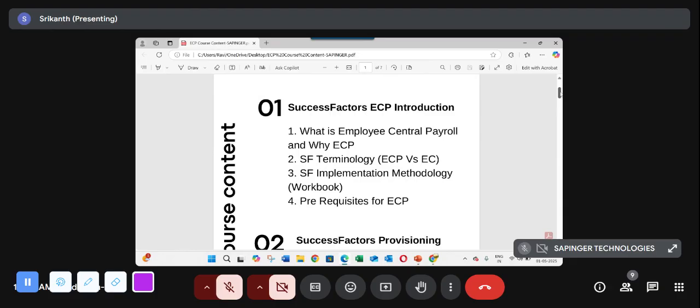Since we have two systems, a front-end system and a back-end system, when it comes to configuration as well, we need to perform a bit of configuration in SuccessFactors Employee Central. I can say out of 100%, 5% of the configuration we need to do in Employee Central, and the rest of the configuration we are going to do in Employee Central Payroll. Because of that, if you see my course contents, initially